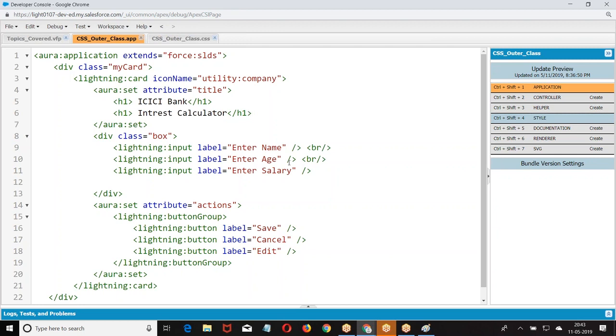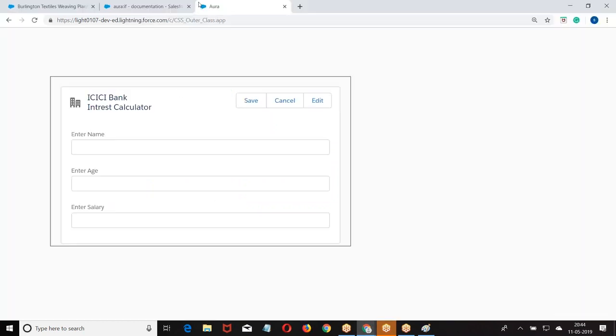Now, see, if you want to apply CSS, the basic fundamentals of CSS are there. What is it? Inline CSS, internal CSS, external CSS. Now, if you want the CSS to be applied for a particular element, then define the CSS for only that particular element. Then you will not be going for the style sheets here. Let us say, I want to apply the style for this. Then what do we do? We had enter name, enter age, enter salary. What if I want to apply the style only for enter age? Only for this component, what should I do?